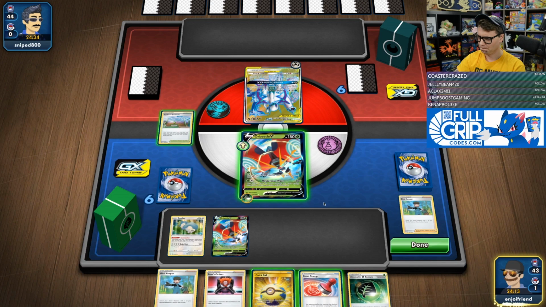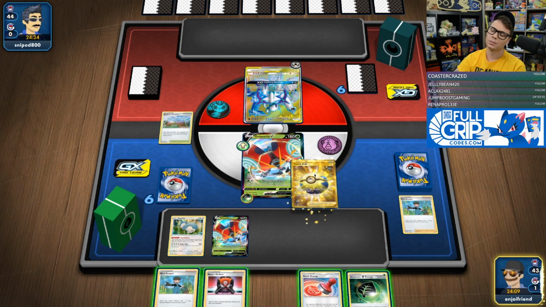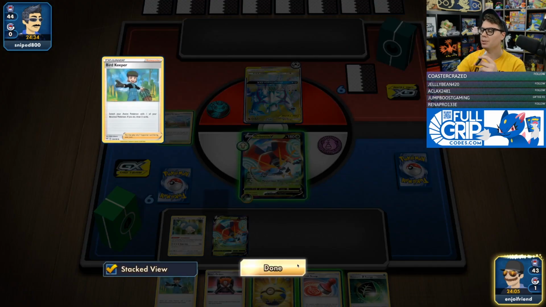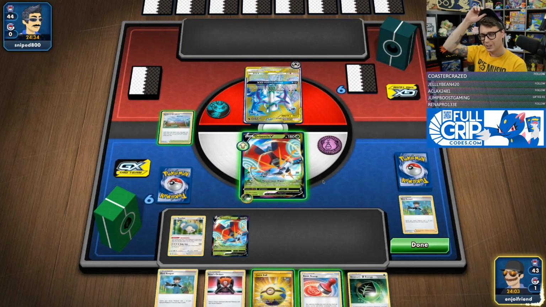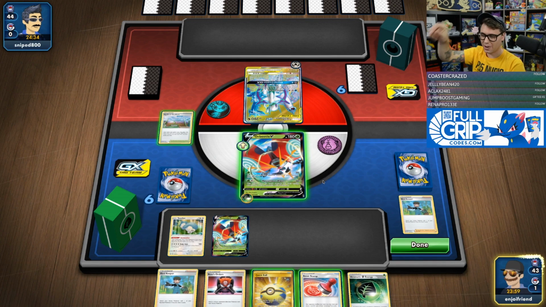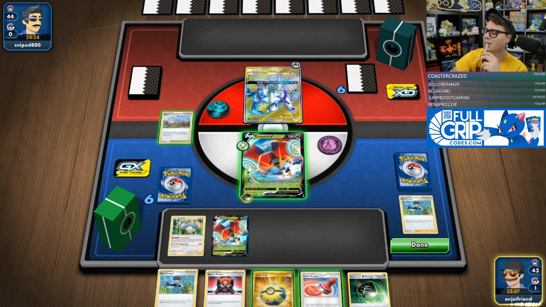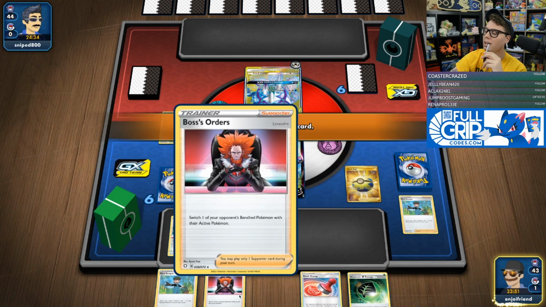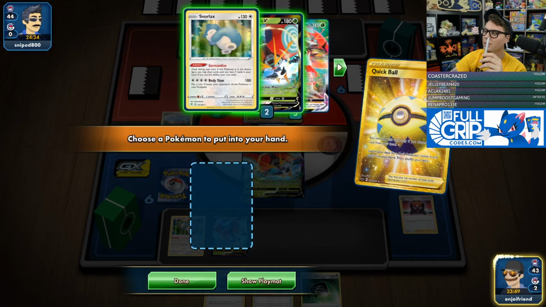And then the Bird Keeper, I could strafe, which I think seems fine. That way I don't waste the energy in case they play hammers. I can always get the bosses back with...